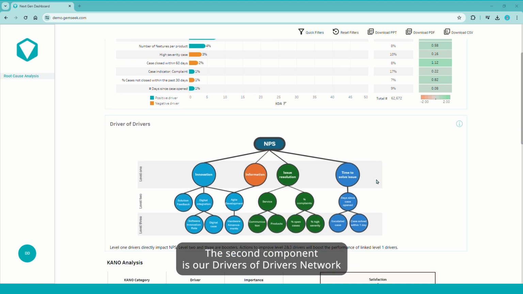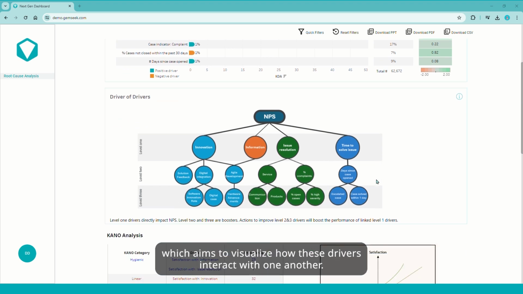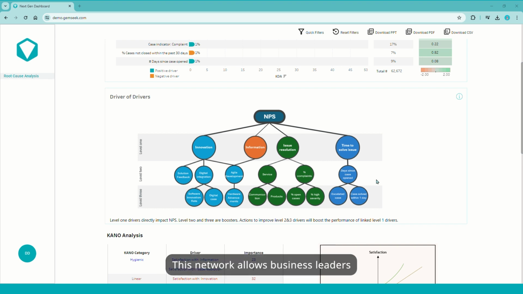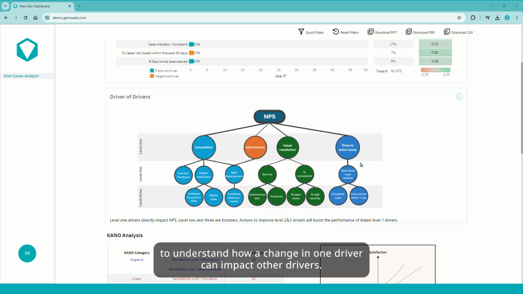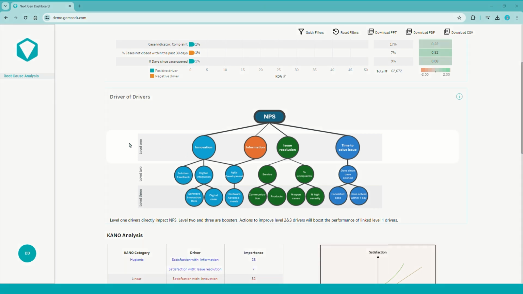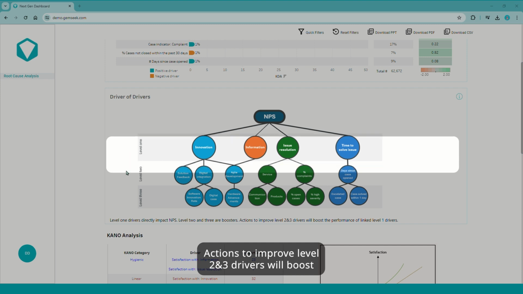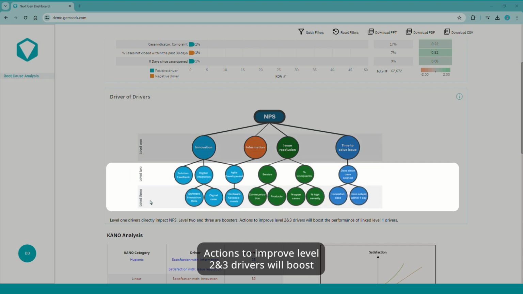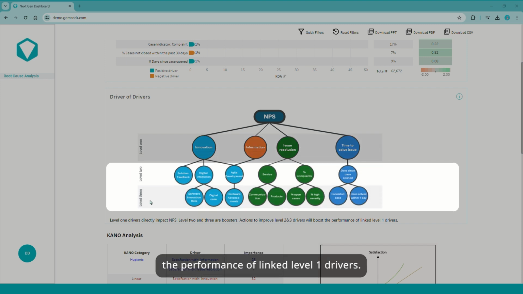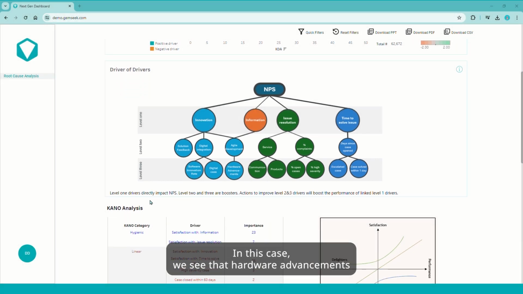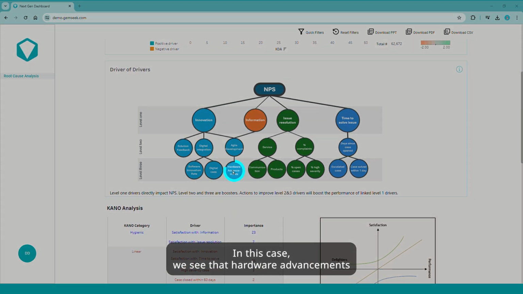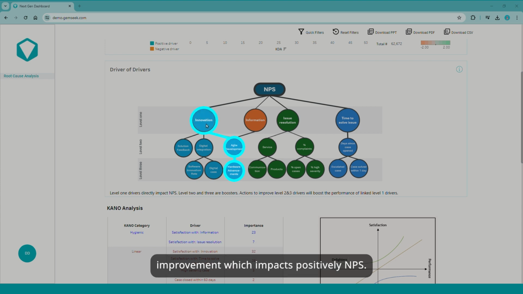The second component is our drivers of drivers network, which aims to visualize how these drivers interact with one another. This network allows business leaders to understand how a change in one driver can impact the rest. Level 1 drivers directly impact NPS, and actions to improve level 2 and 3 drivers will boost the performance of the linked level 1 drivers. In this case, we see that hardware advancements will lead to agile development, which will then lead to innovation improvement,